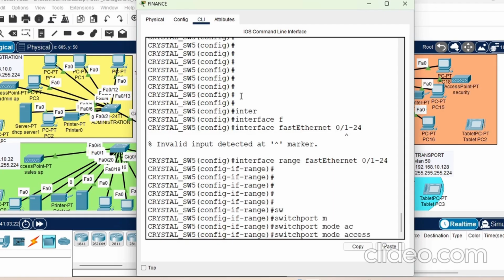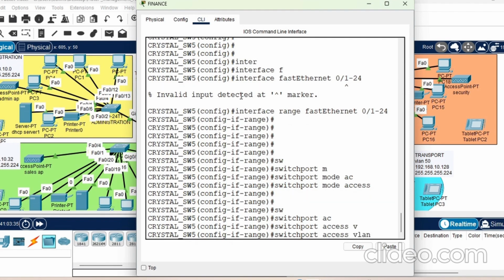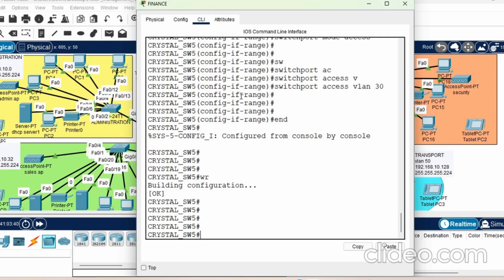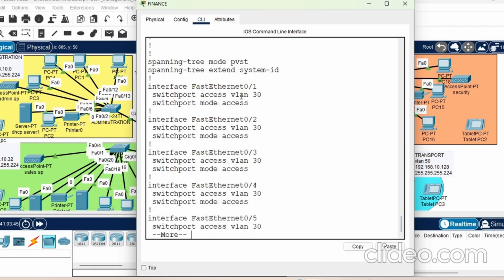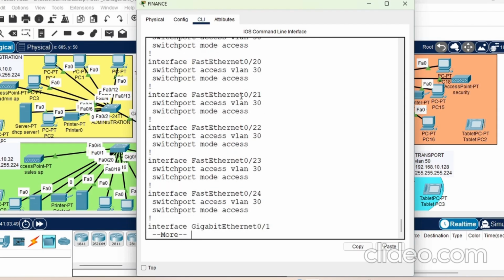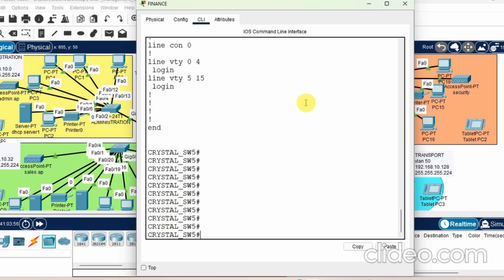There is a problem. The problem is that I'm assigning the ports without the word range, so it can't work. Switchport mode access, you specify the mode through which these ports are going to work, then dedicate those switch ports to access a specific VLAN. So switchport access VLAN 30, and write. Show running config. Now let's see. All from port 1 has access to VLAN 30 up to 24,